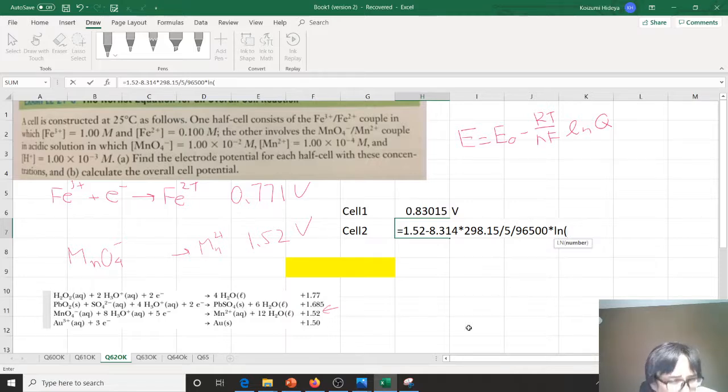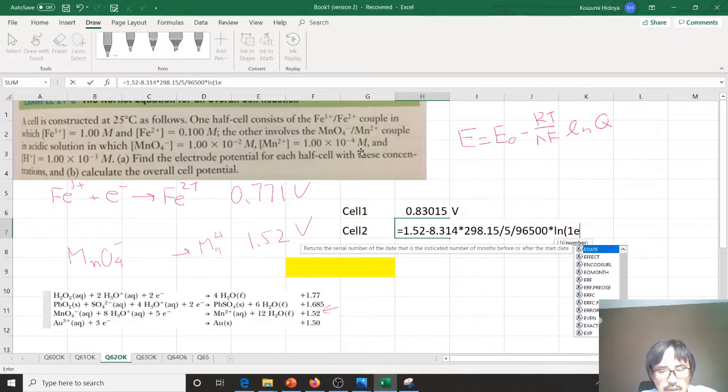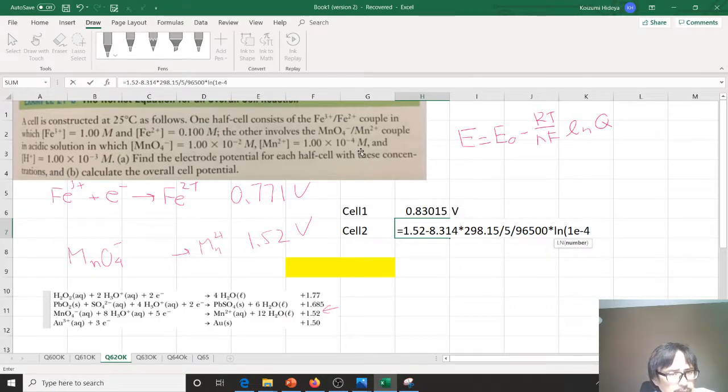The product has Mn2+, and that concentration is given as 1e negative 4. That's it, right? Now we don't care about the liquid. And then the reactant is MnO4 minus, which is 1e negative 2, multiplied by